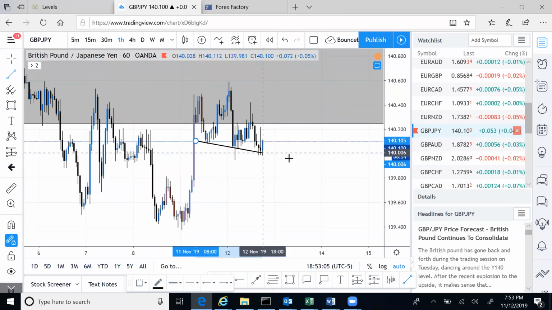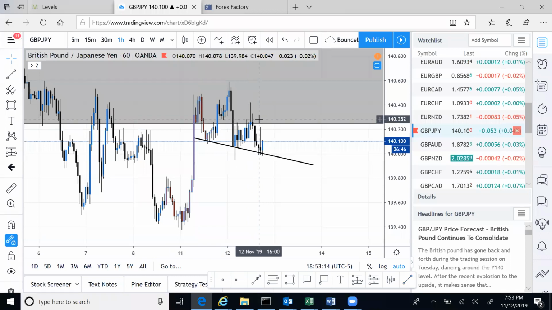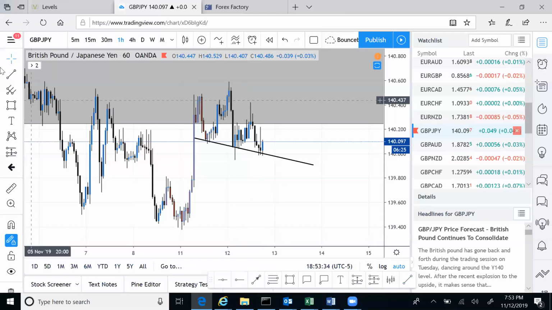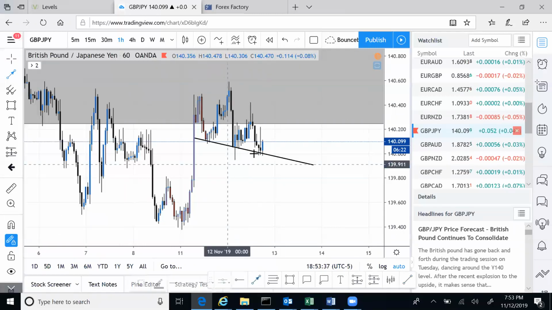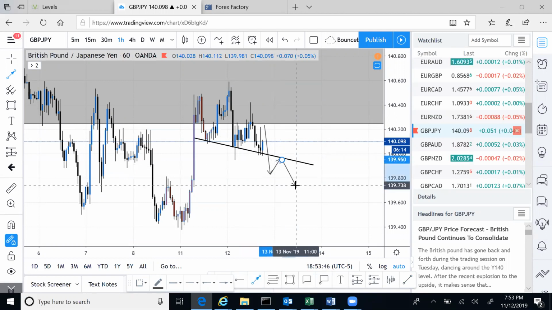So neckline for GJ, around here. Neckline for GJ. So again, aggressive traders, because I sent out this today, and the team also sent this out as well. Aggressive traders probably took the sell from the forming of this right shoulder, right? So now we're gonna wait for the break of the trend line. So if you are not in this trade already from the right shoulder, please do not enter now. My advice, wait until it potentially comes, break the trend line, and then sell.